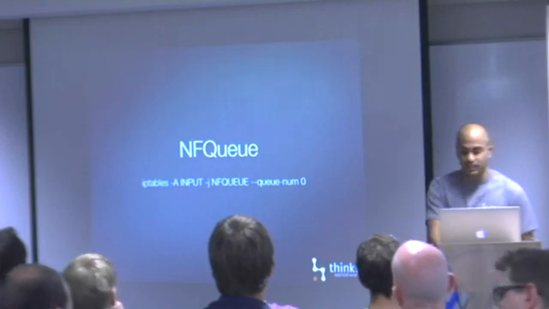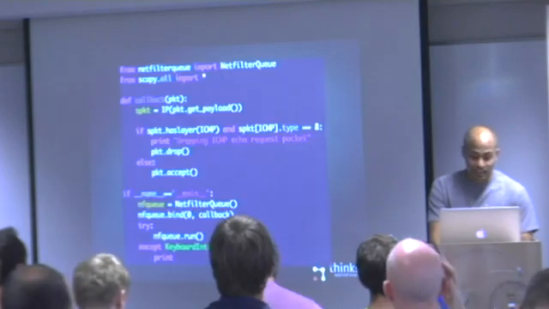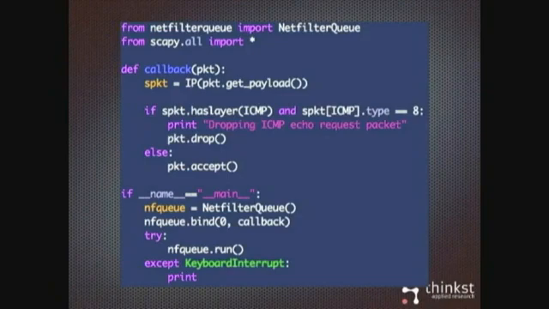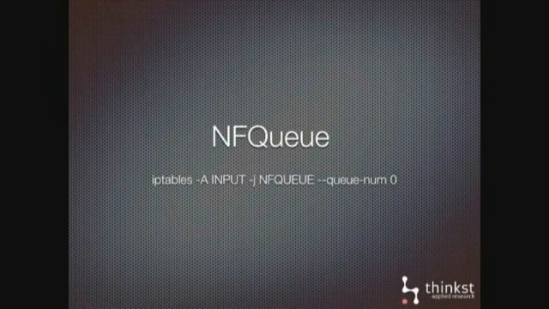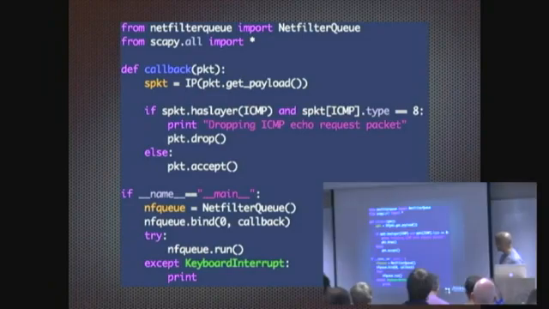The nifty thing about this is that, of course, if it's just a user space program, it can be written in Python. So a very easy thing to do, if you just want to quickly pick up those packets that I just sent through with this particular iptables rule, if you want to pick it up in Python, you can literally do it in, I don't know how many lines that is, but that looks like very, very few lines. So what this code is just doing is saying, okay, well, if I get a ping packet, this ICMP echo request, just drop that packet, and everything else passes through fine.